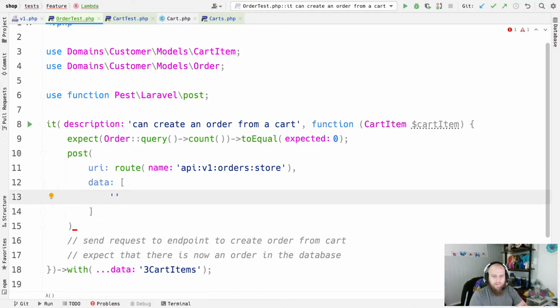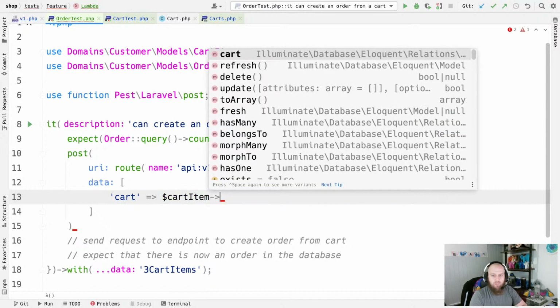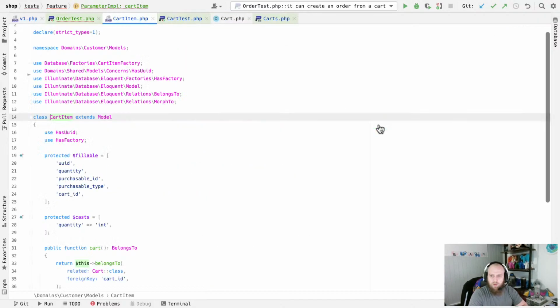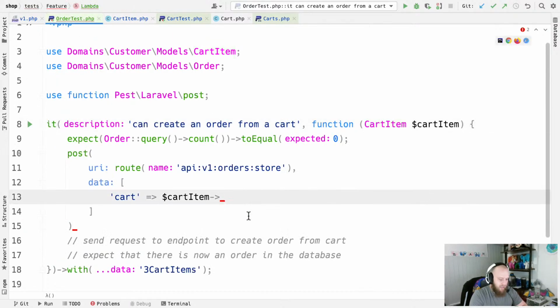So with a cart item I can get the cart back. So our cart is going to be cart item, which has a cart ID. I'm not sure if I want to do the cart ID. I'd rather say cart UID personally,